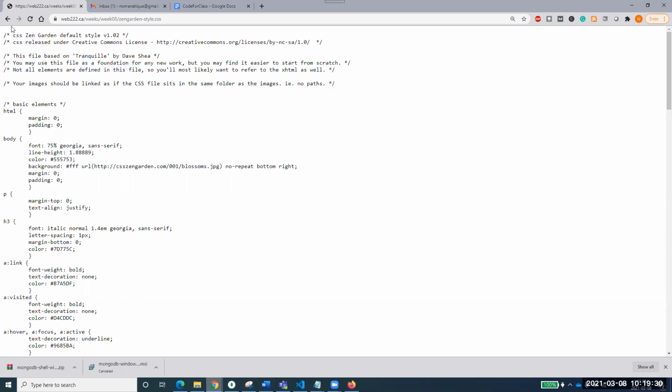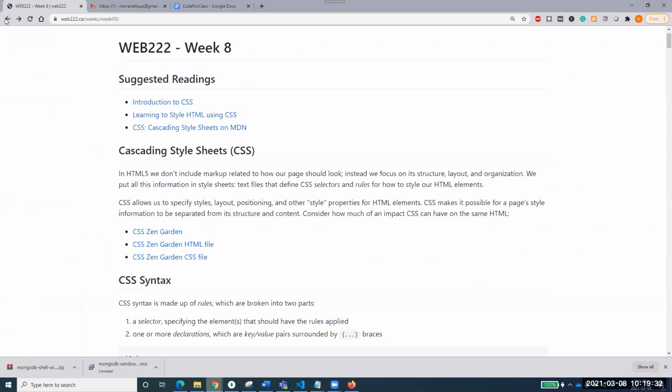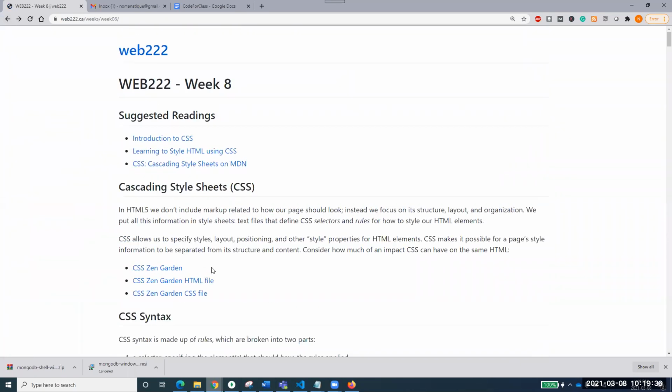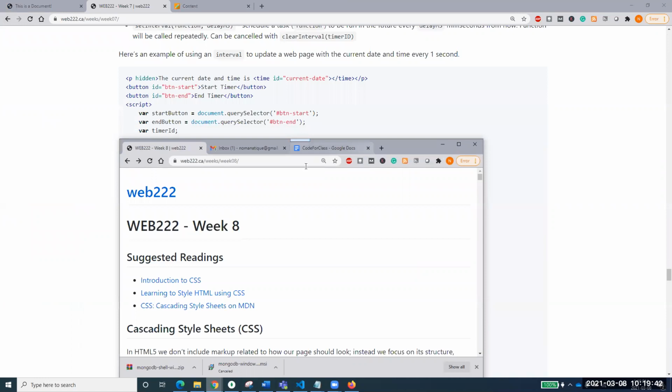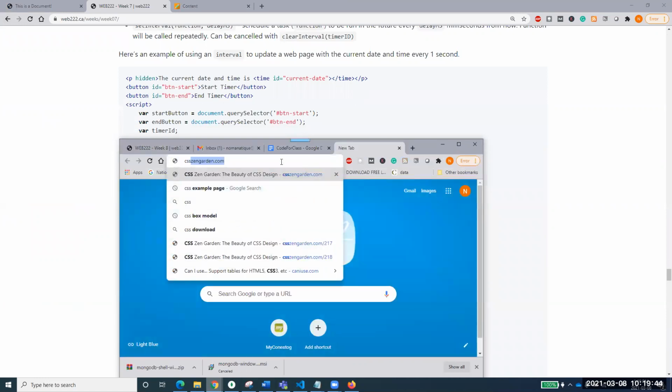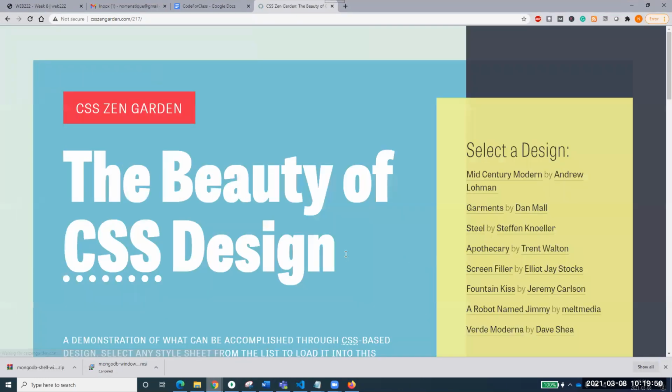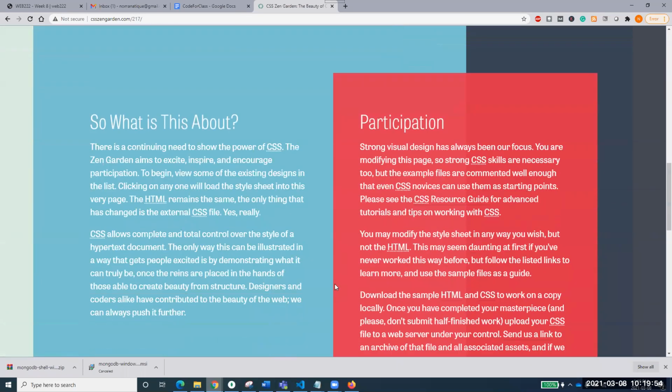And we'll see that there are lots of people who have done a lot of wonderful things with this CSS. Let me just see if I can find CSS Zen Garden. Yes. If you see, that same text has been changed to a more magazine-like design.